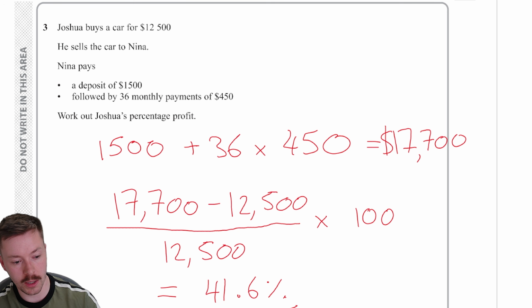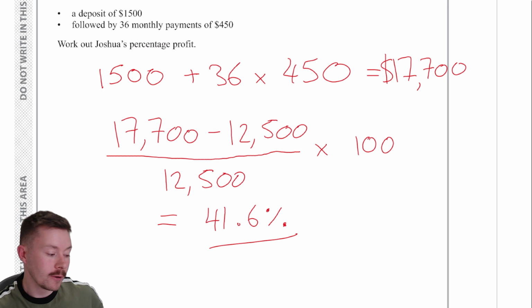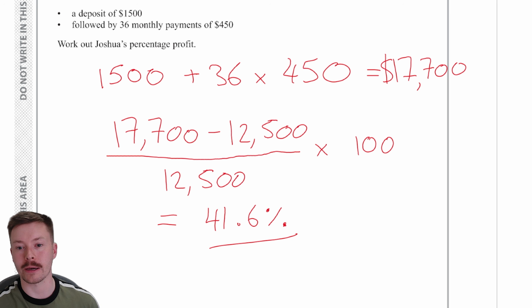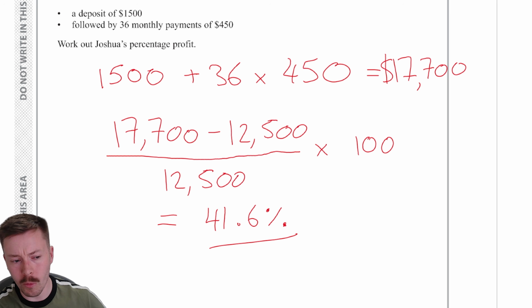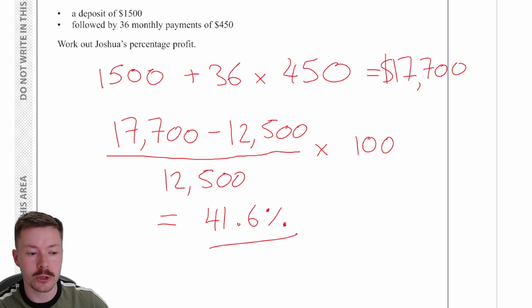is 41.6%. Okay, now if we notice in the question, it doesn't say to round that to anything, and we've got an exact answer there, which gives me more confidence that it's right. If I got something that was a repeated decimal and it doesn't say, like it doesn't in this question, about rounding it to a specific number of decimal places, I would want to just double check that what I've done is correct. Now, one way of checking this, if you were unsure, although it's a fairly routine procedure, is to do